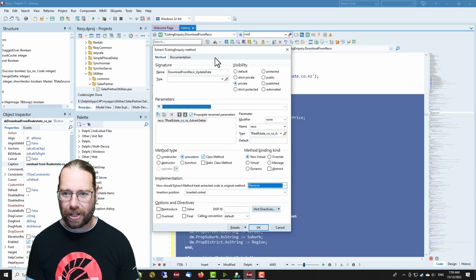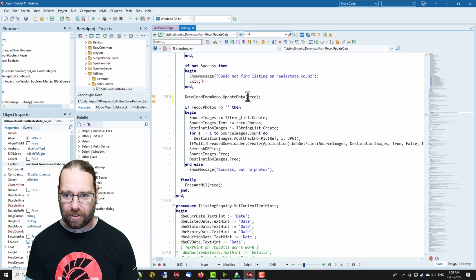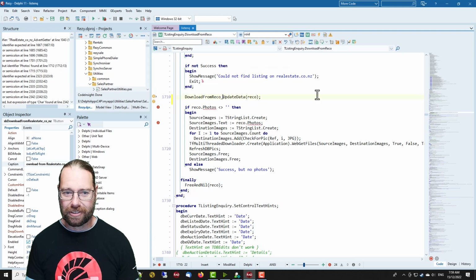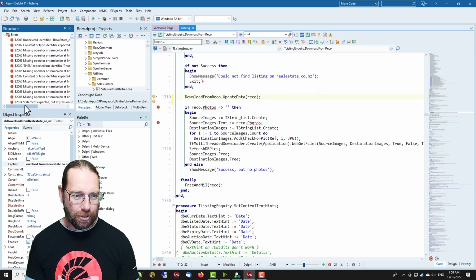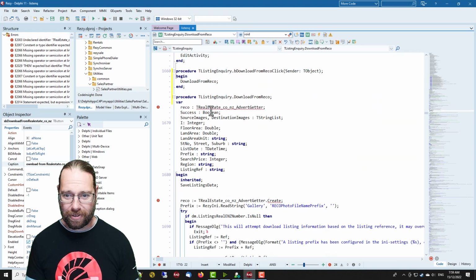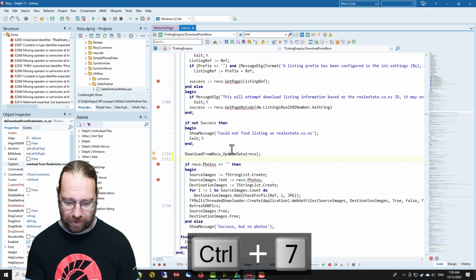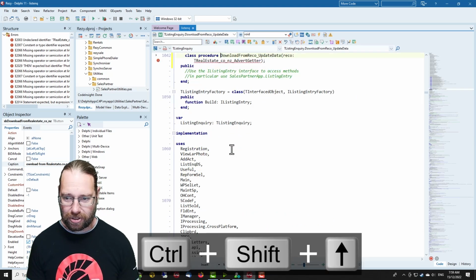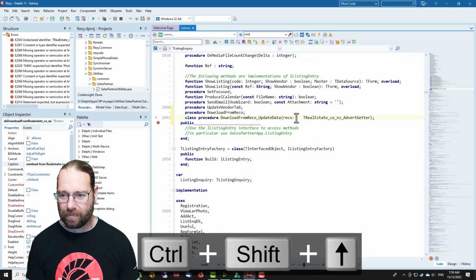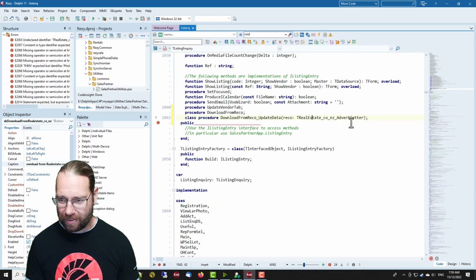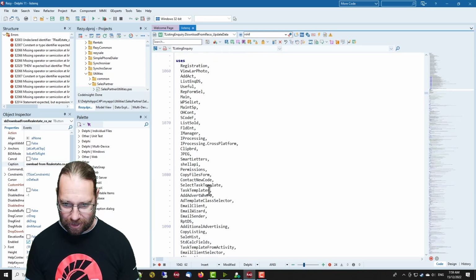And I think that's probably all I need to do. Hit private is good. And go OK. So now we've got our new method. Now, unfortunately, we see we've got a bunch of errors. That is related to the fact that this is declared in a, in fact, if I go Control 7, Control 9, no, let's go to the top. That this class is declared in a unit,